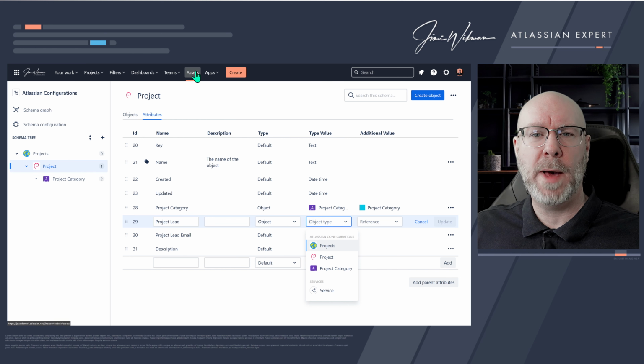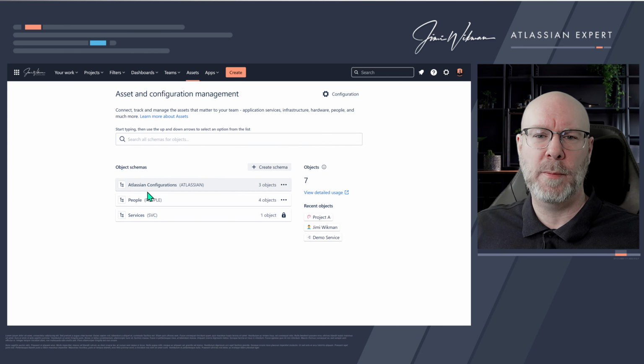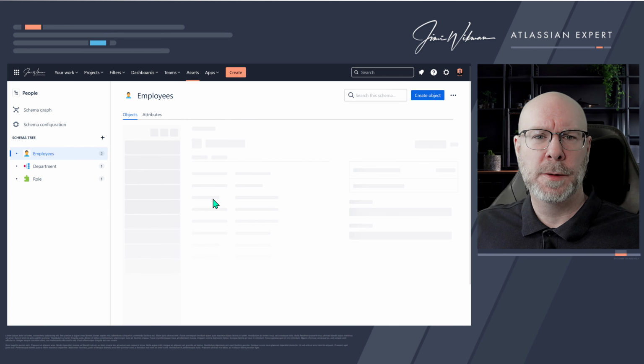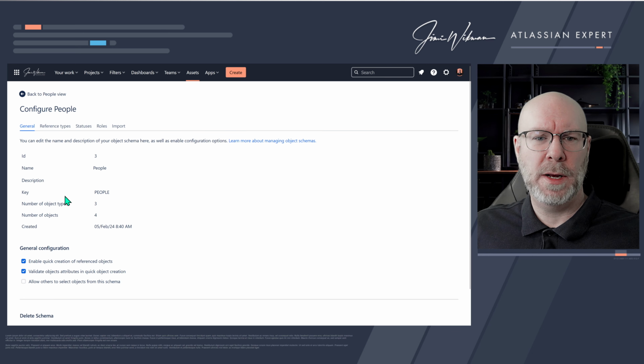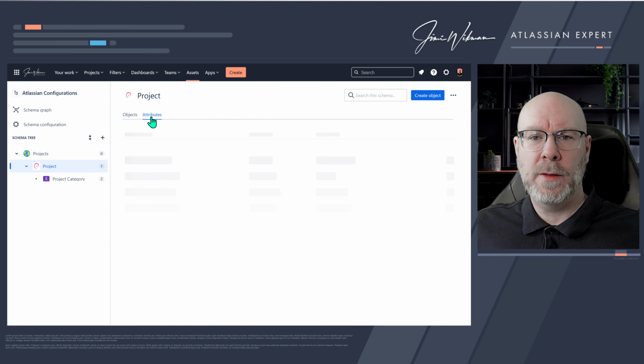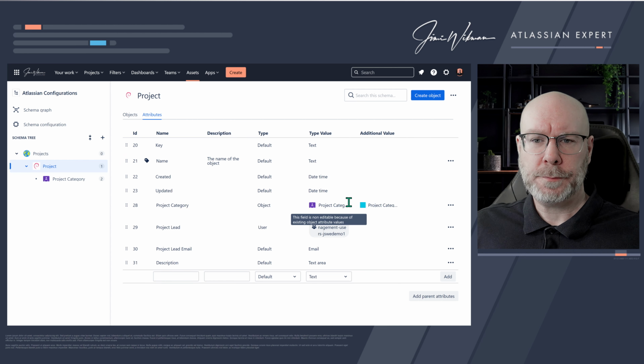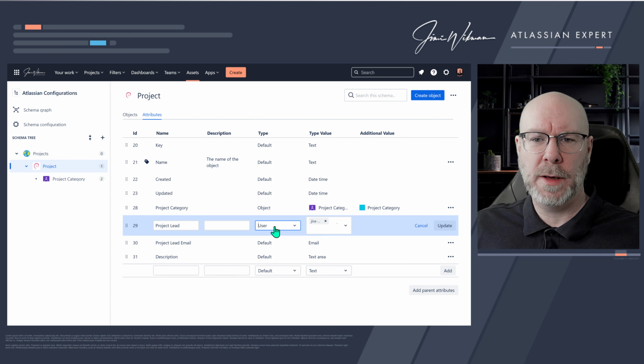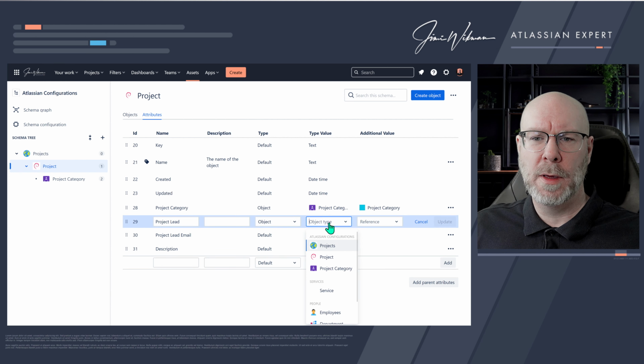So we need to go back now to assets, and I'm sorry for making this one confusing for you. In this one, we need to have the schema configuration, and I need to check this one: Allow others to select objects from this schema. Now when I do that, and I go back to our projects again, and then I go into attributes, now you will see that for project lead, I can change this one to object, and now you will see that I have the